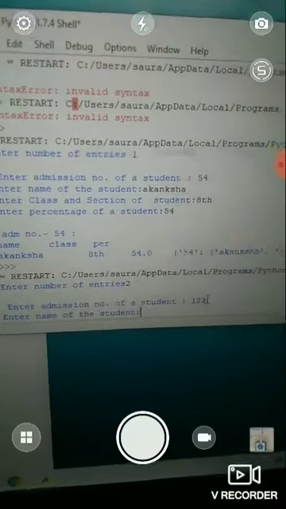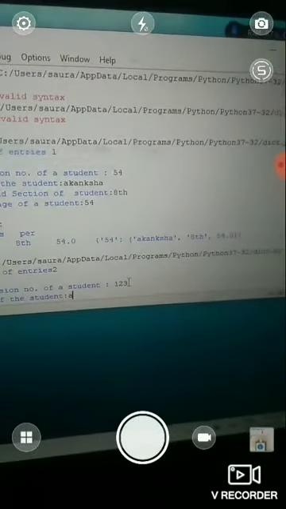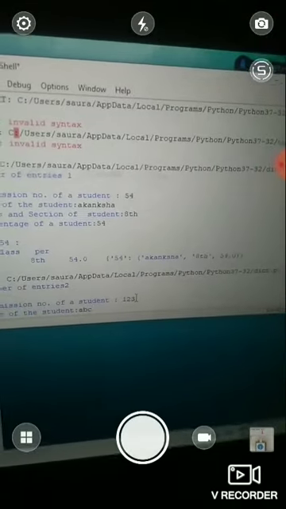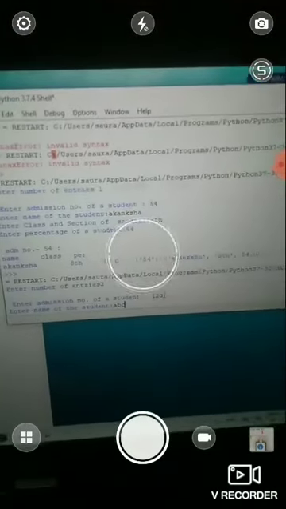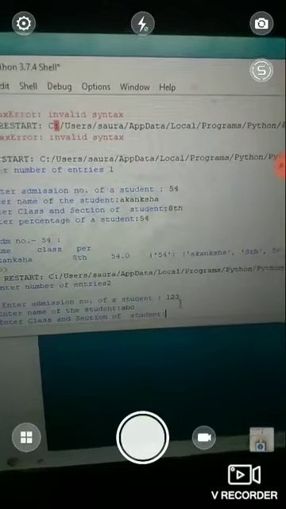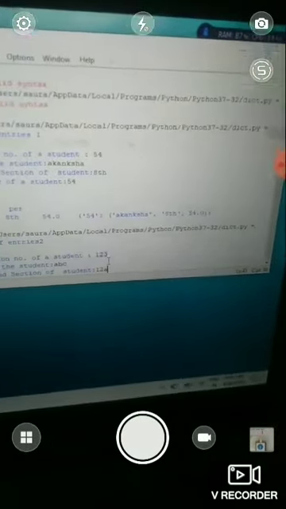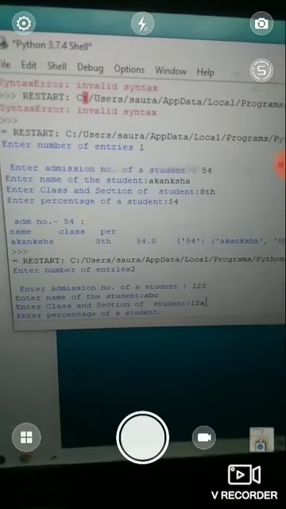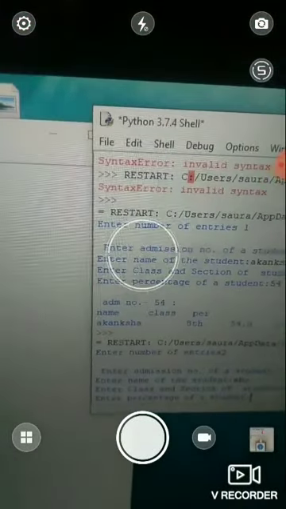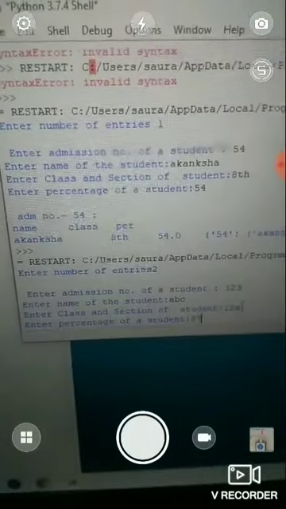Then enter the name of the student, let's say A, B, C. Then press enter. Class and section, let's say 12 A. Then the percentage of the student, it may be 87 approx.